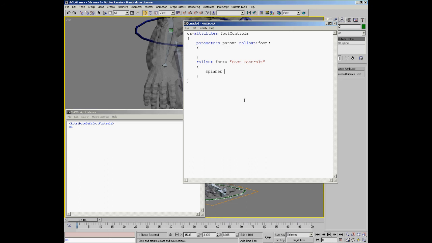So this is going to be foot roll, and then we need to put an external name for the viewer to see, something that's descriptive. Sounds pretty good to call it foot roll as well. But this time we can actually put